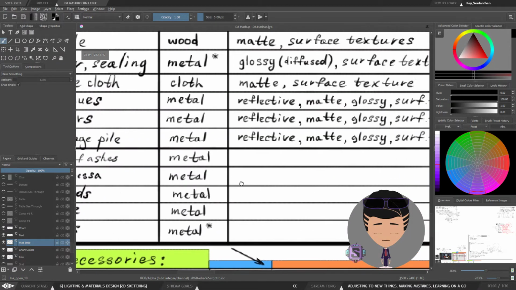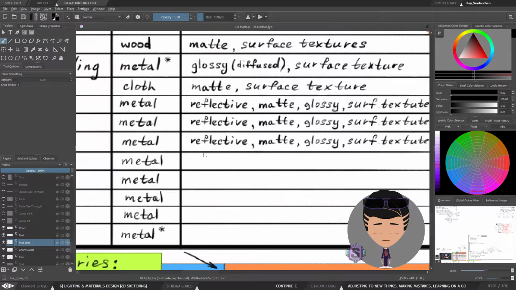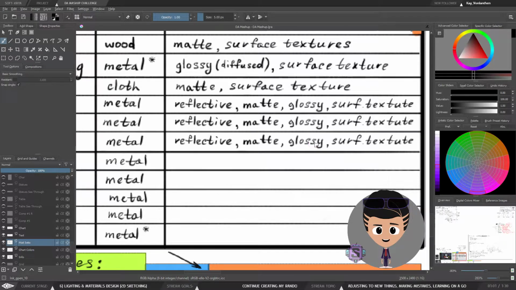This powder will keep the reflectivity. It's just not going to be that visible. For the most part, it will become glossy. Yeah, it will look more glossy than reflective,